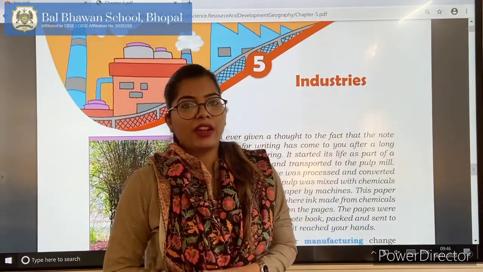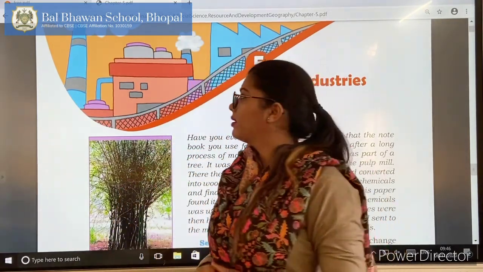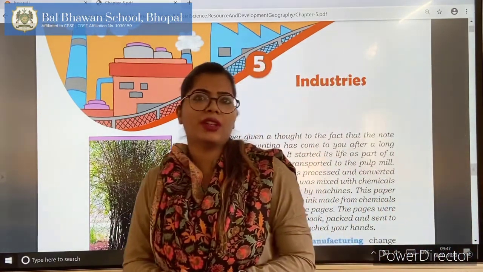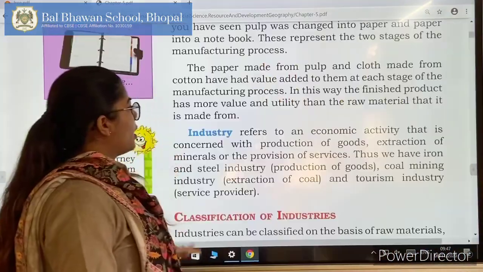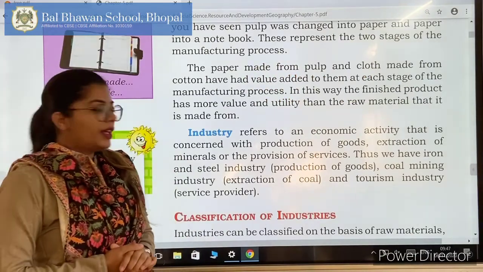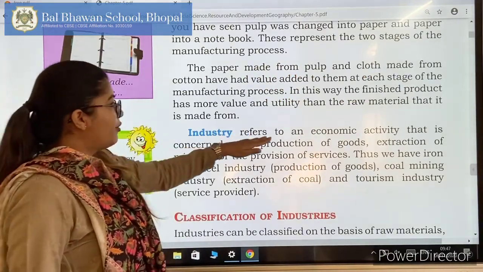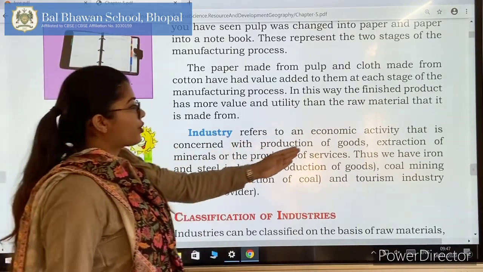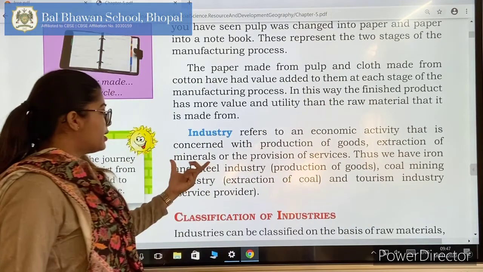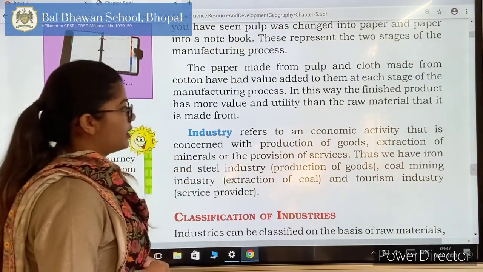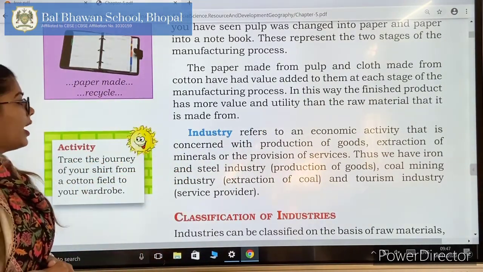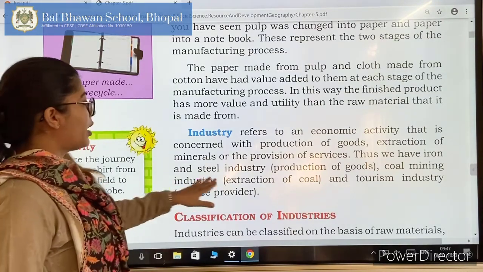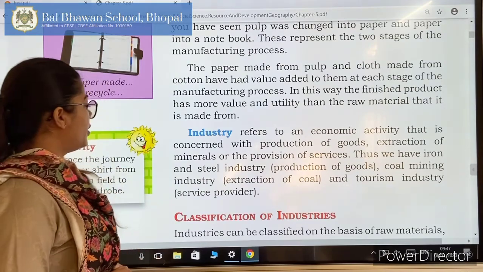Today I'm going to start with a new chapter, that is industries. I hope you are very familiar with the term industries. So just to make you understand what industry means, industry refers to an economic activity that is concerned with production of goods, extraction of minerals, or the provision of services. Thus, we have iron and steel industry, production of goods, coal mining industry, extraction of coal, and tourism industry, service